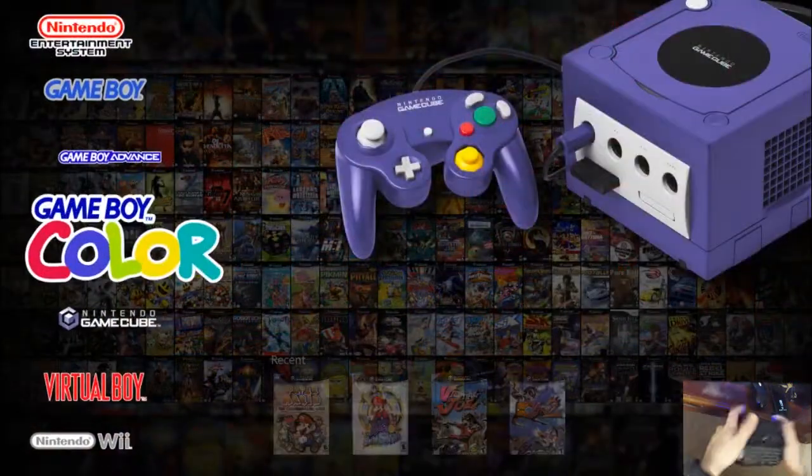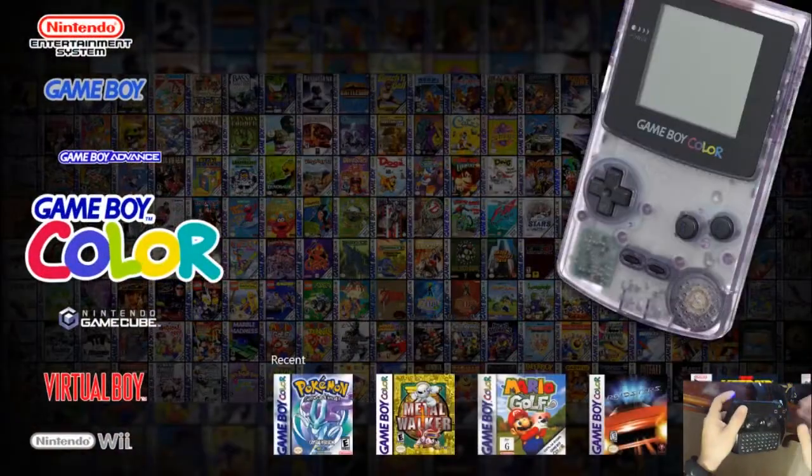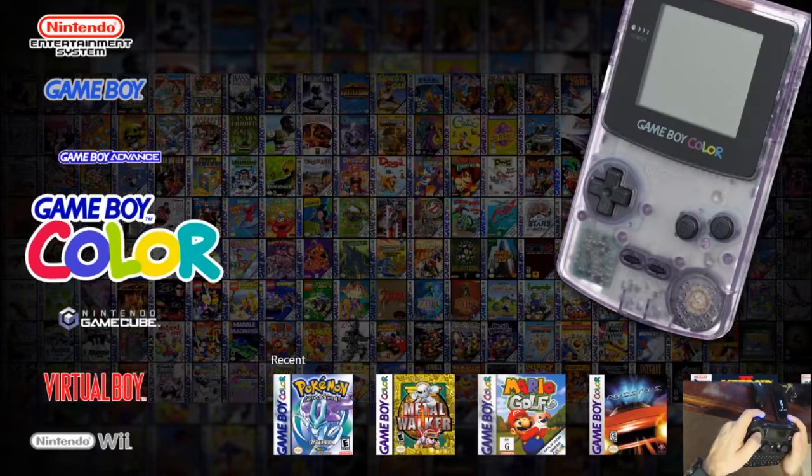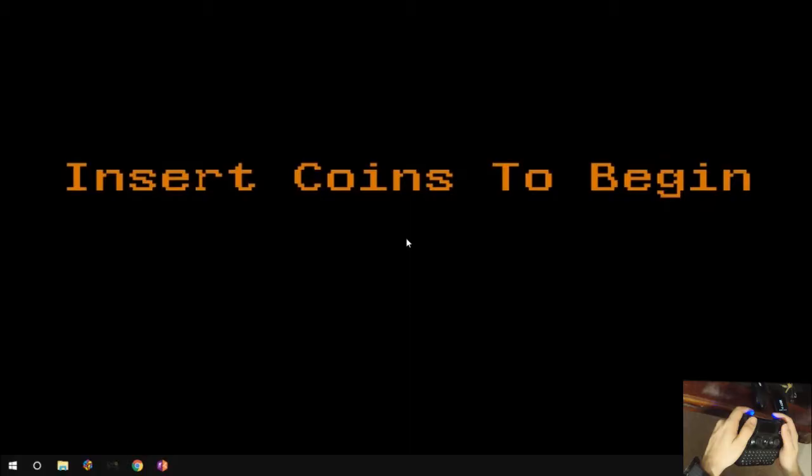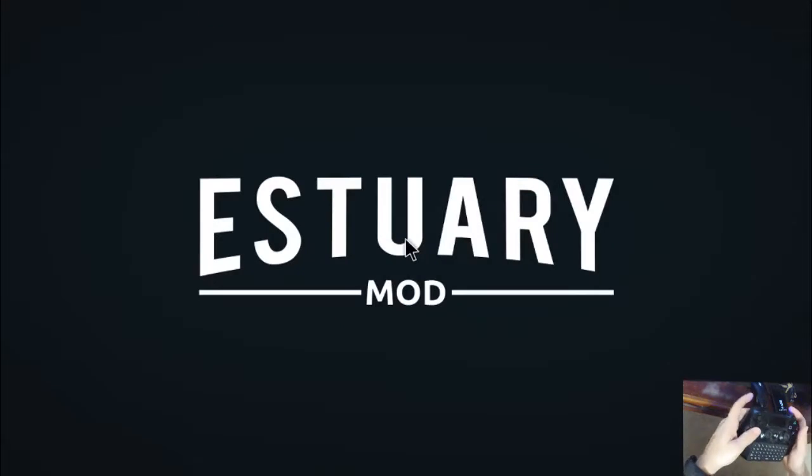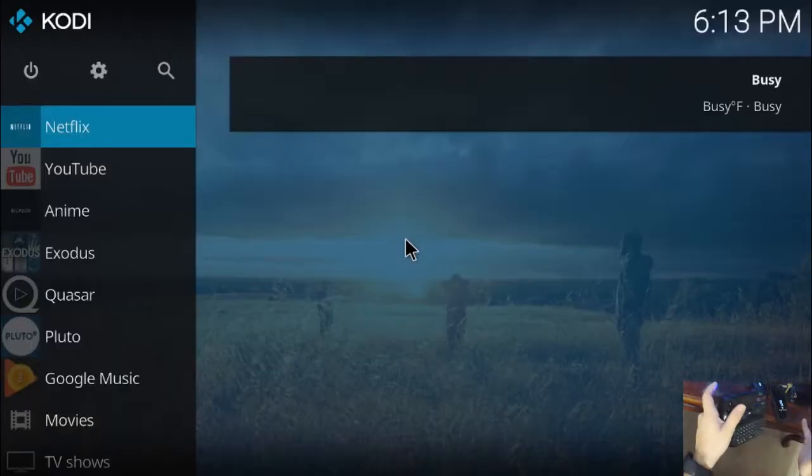And if you guys care about it, I'll tell you how I've got this set up, how I went through and did everything. But for now, we'll just get out of Launchbox and talk about the next program that I want to get into, which is Kodi. So if I swipe down on the PS4 controller, it will open Kodi, which is my media front end. I'm using something called an Estuary mod, which is a